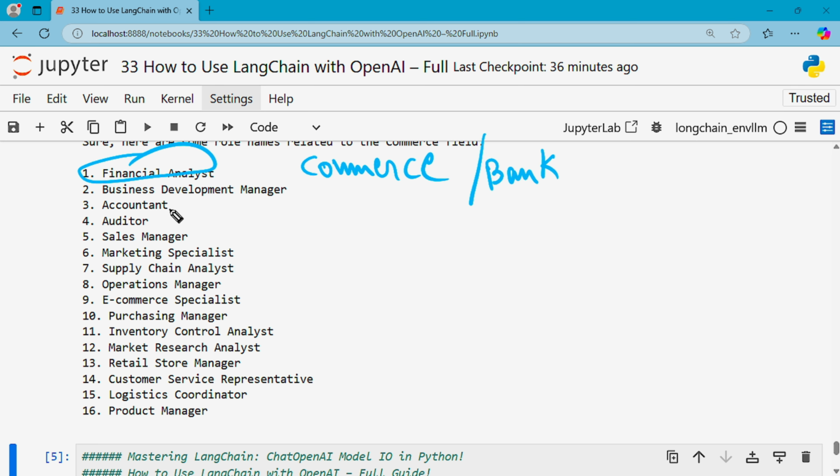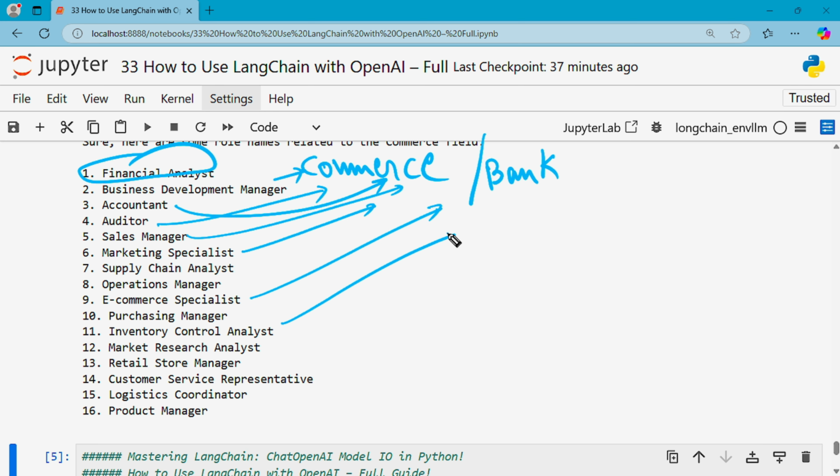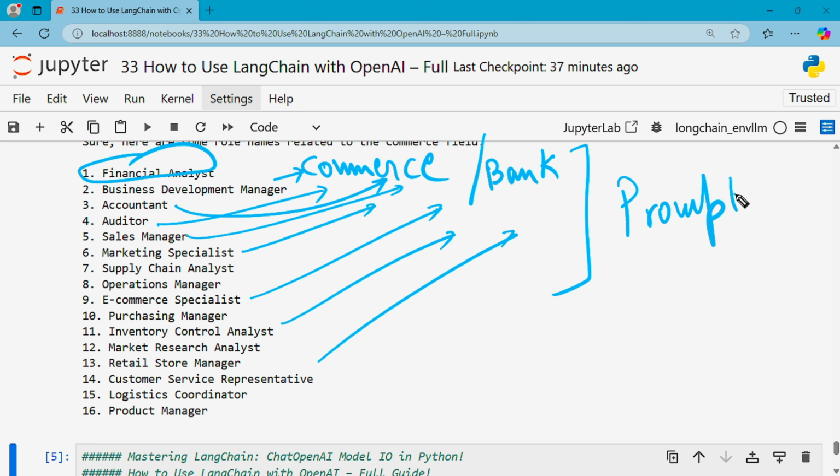You can see accountant, this is also related to the bank sector, marketing bank sector, e-commerce bank sector, inventory bank sector, and customer service representative, almost bank sector. So these are just depending on my prompt engineering, how we can include so many things in the relevant